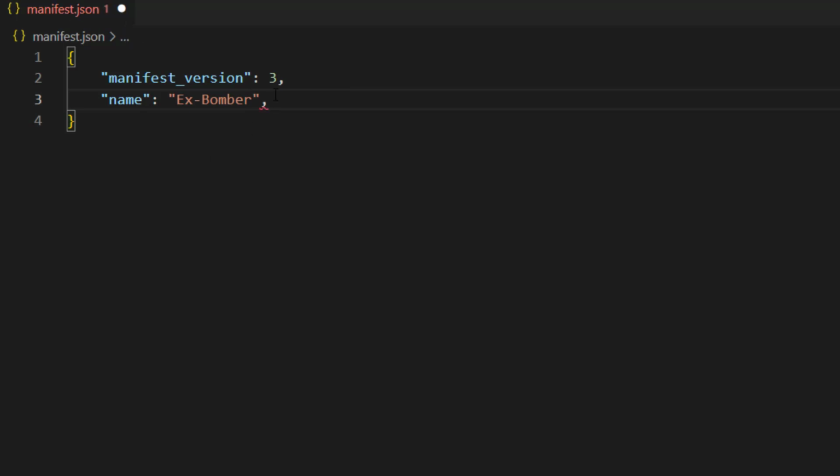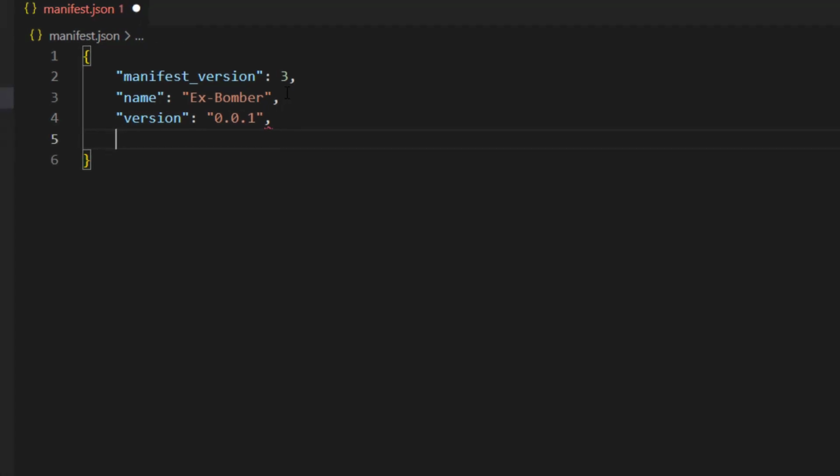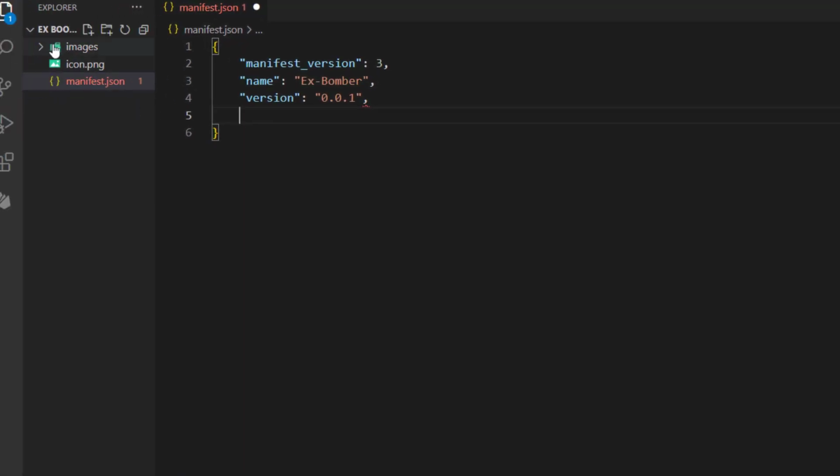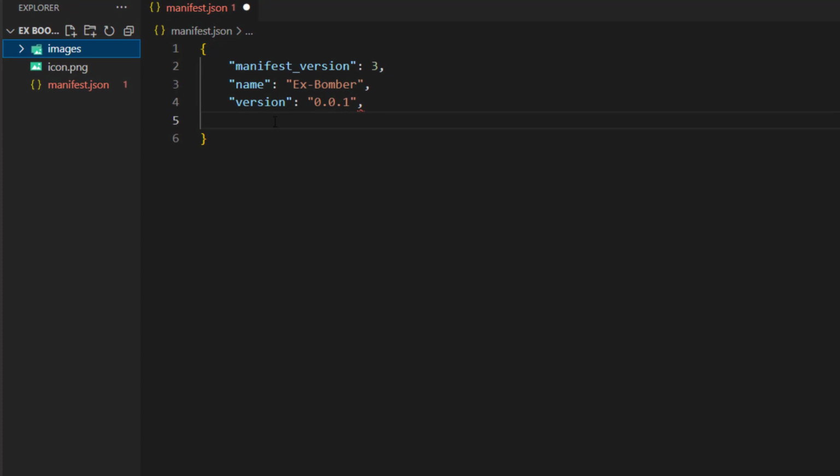Okay, and after that we need to tell the browser which version our extension is, and because this is the first version I just say 0.0.0.1. And after that, because we want to use a folder of images, you can't directly use it. You have to tell the Google Chrome this is our image folder and we want to use that. This is our resource. To do that, just write web